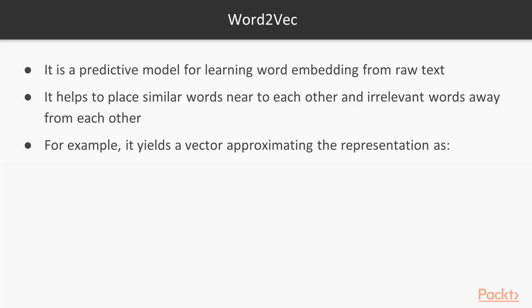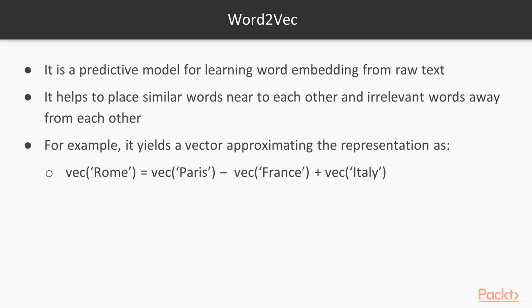For example, let's say we have a vector which represents two cities with a country, say Rome with Italy and Paris with France. Now, if we have to find the vector of Rome, that is similar to finding the difference between the vectors of Paris minus France, with the addition of Italy. This is just to say that these two sets of words are interrelated, such that you have a country and city relationship. I think we'll get a better idea when in the next slide we see a pictorial representation